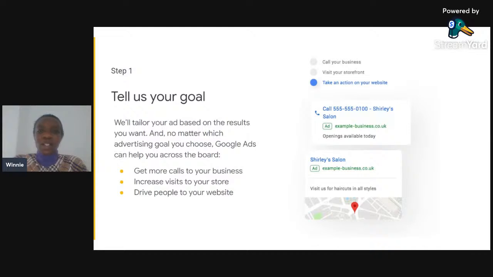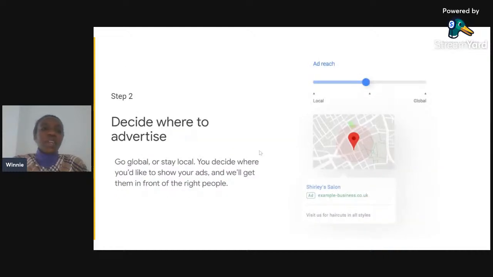Yes, we are back to goals when it comes to doing Google Ads. Then decide where you want to advertise. As you are deciding where to advertise, it's very important to make sure you do not waste your budget. How, for example? Let's say I sell leather products.